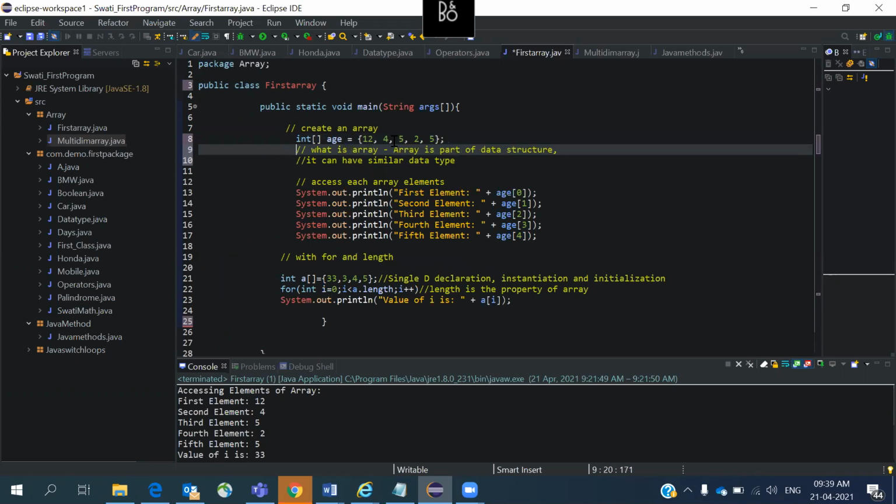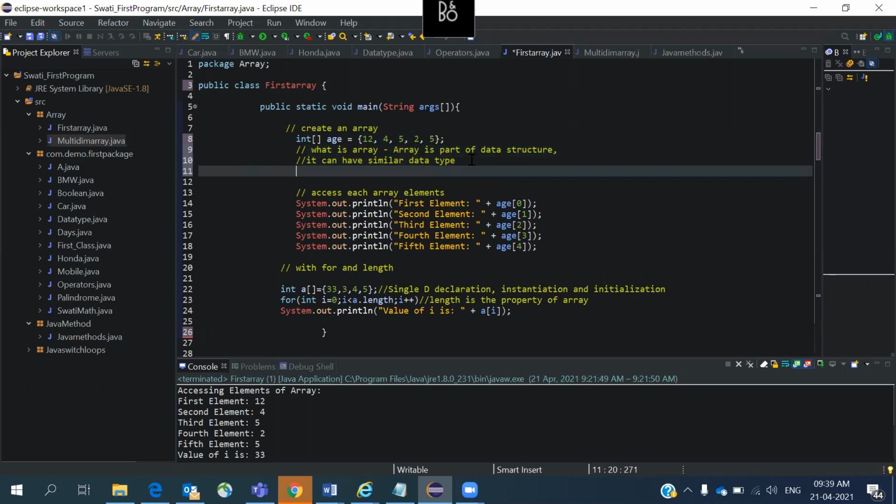So what is the thumb rule of an array? An array can store a similar type, meaning similar data type. What do you mean by similar data type? For example, I went to the vegetable market and bought vegetables. I have tomatoes, onions, beans, and carrots, all mixed up in one particular bag.